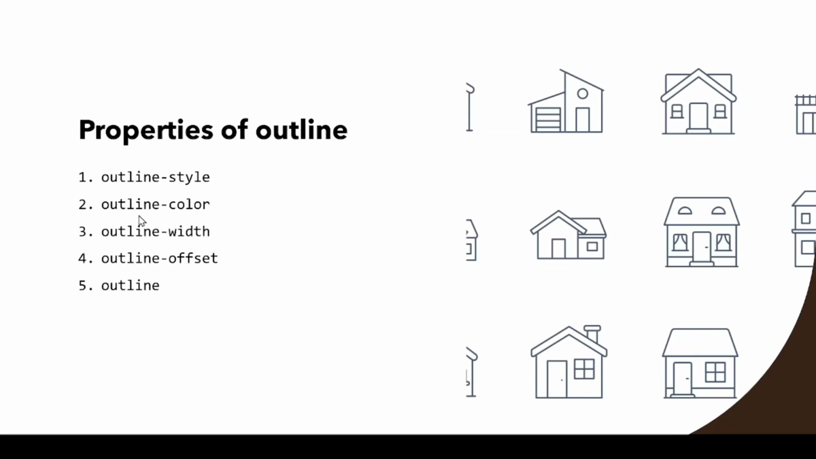Now these are the properties of outline: outline-style, outline-color, outline-width, outline-offset, or outline. If we define dotted, solid, outset, inset, then this is the style. And for color, we can change the color with the help of outline-color. Width, we can define the width as 2 pixel, 3 pixel, 4 pixel. Offset, what does it mean? If we provide outline-offset